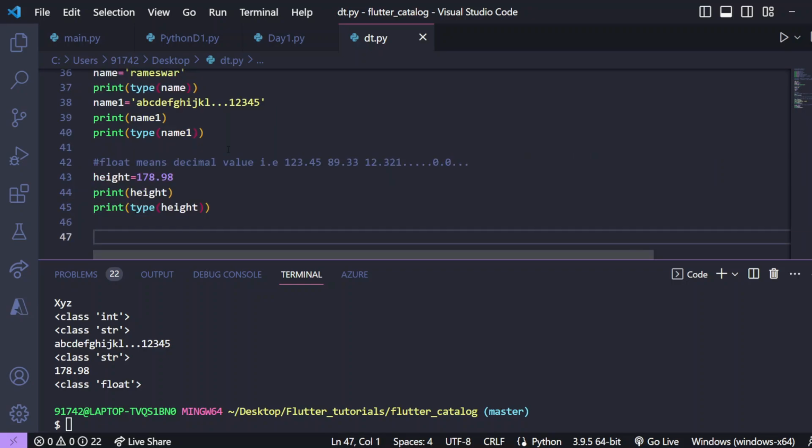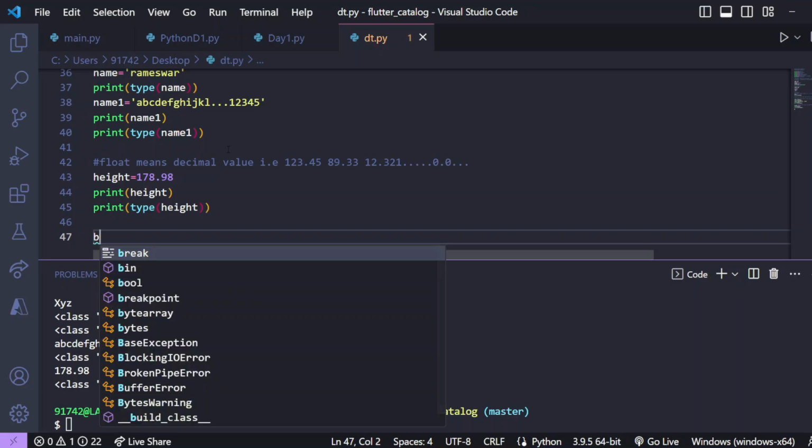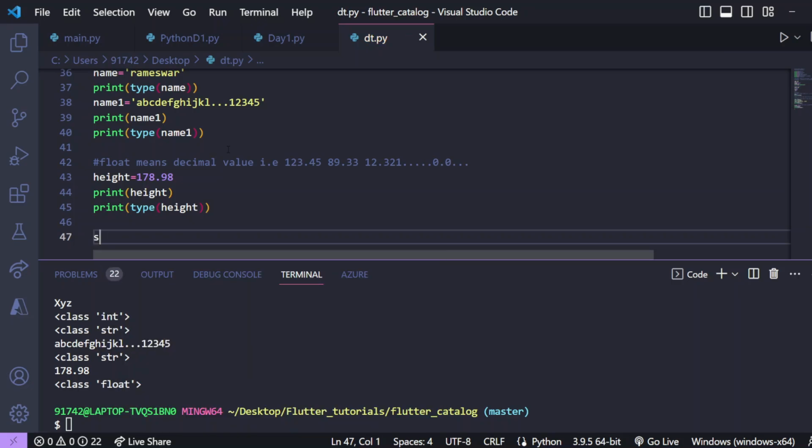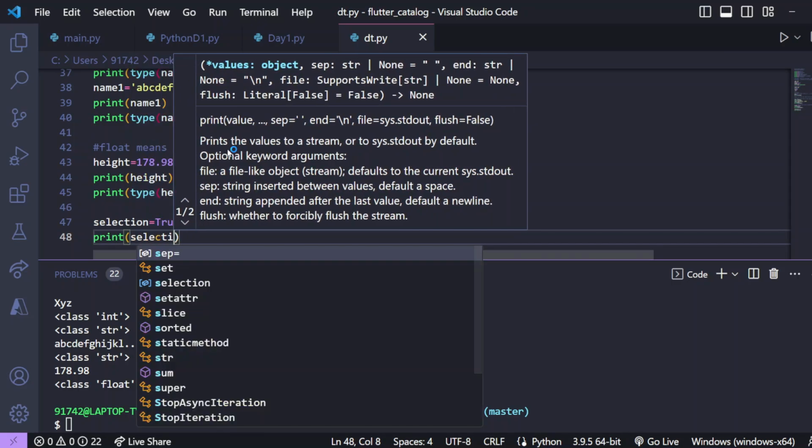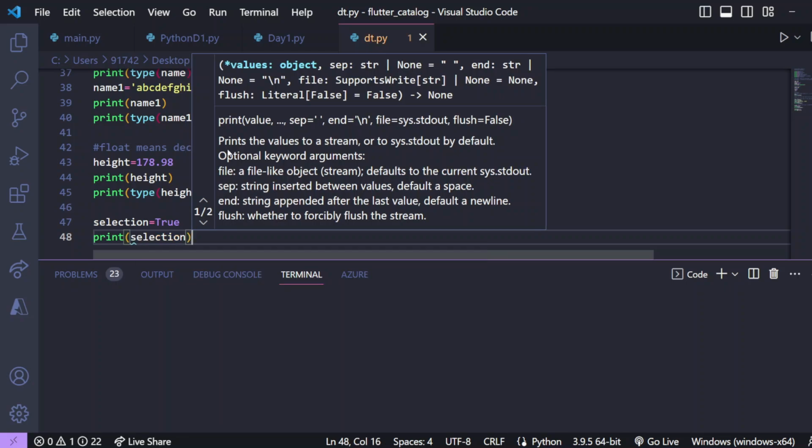Now there is another one, that is selection. Suppose you have given an exam, you have already given that. So what is the selection criteria? Suppose in the result the selection is true, that means you are selected. What is the type of true? Let's check. Print. At first I am printing selection, that will be printed true, and in the next line I